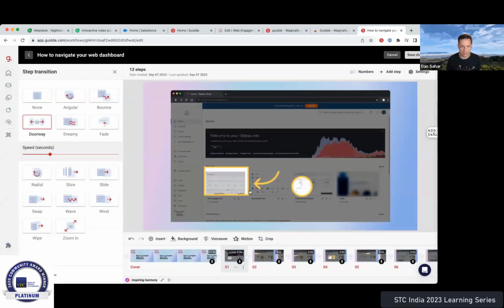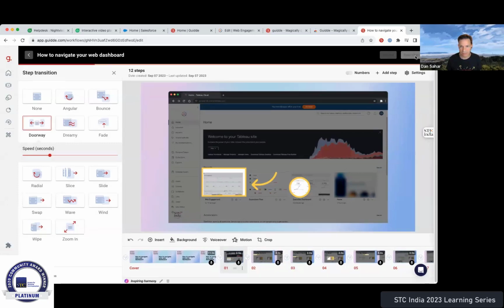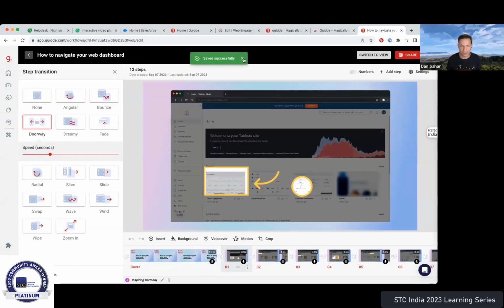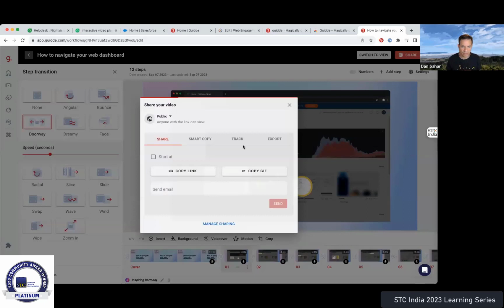And then once the asset is ready, I can save it and it's ready to go. I can then decide which mediums I want to share the content into. So we give you a range of options for that. The most common one, if it's something ad hoc, like somebody asks you a question, is to take a link or a GIF of the video and send it